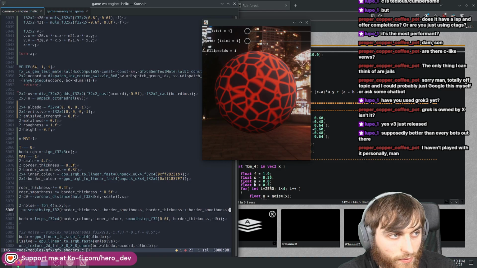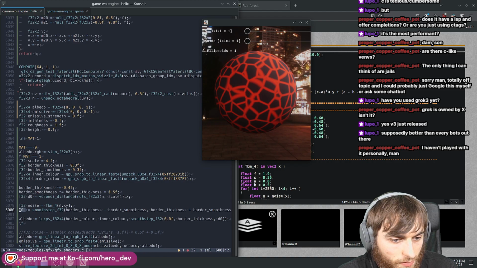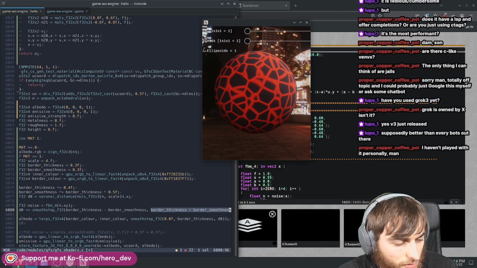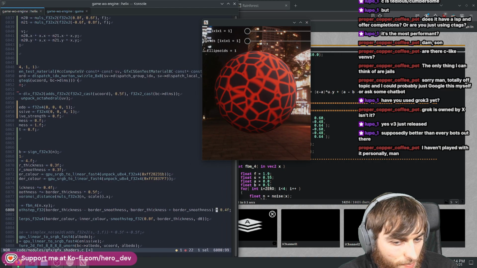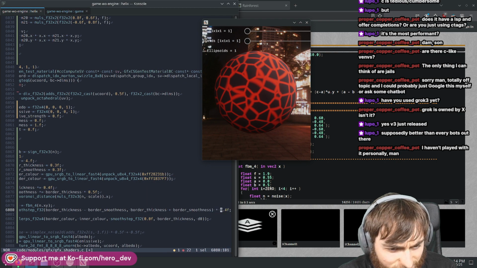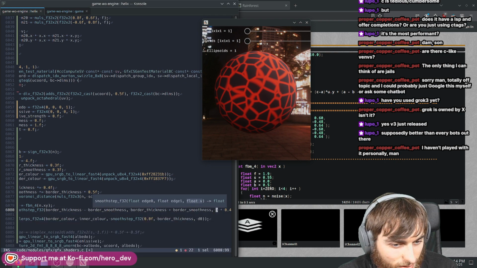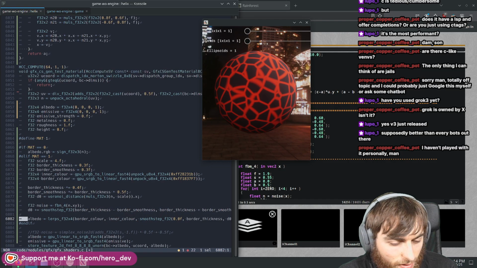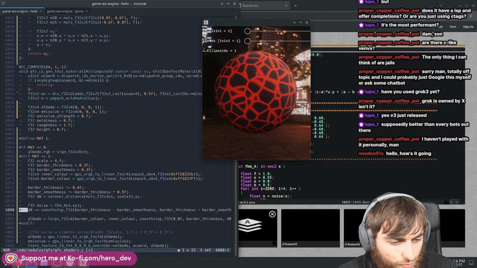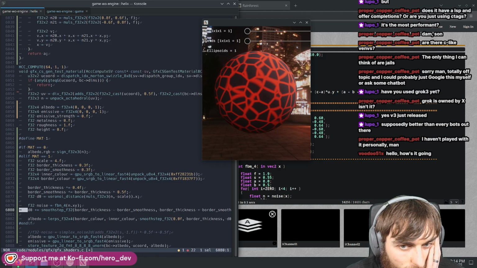So those are the two edges. So anything before that is 0, and anything after this edge is 1. That's what you'll be doing, isn't it? So then if you pass in the distance, yes, anything that's... yeah, that's the thing, isn't it? You want only the in-between to be